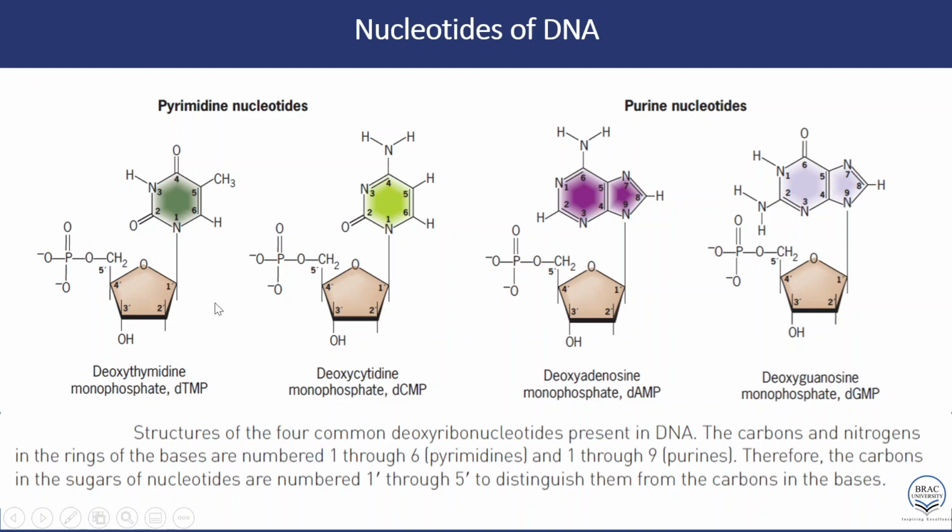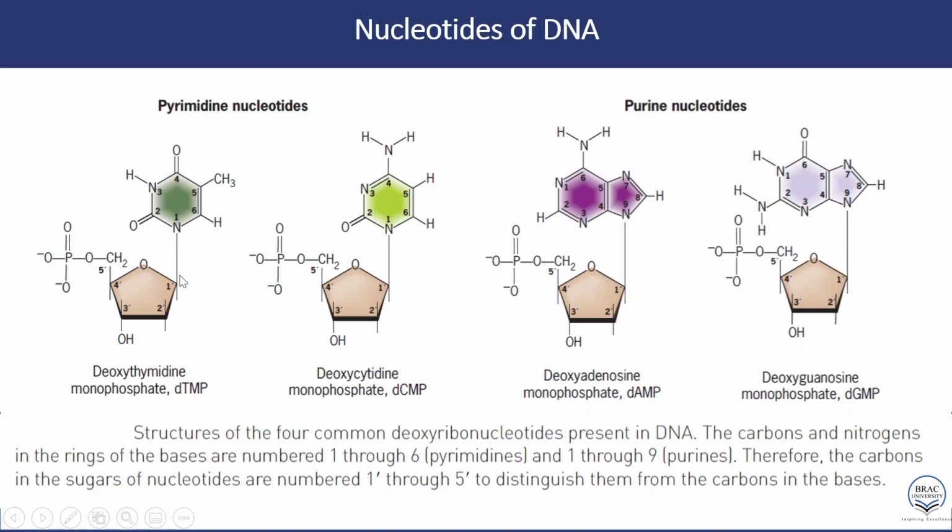Together they are a nucleotide. This base is thymidine and this sugar is deoxyribose, and this phosphate group is attached to the 5' end, and we will see how this